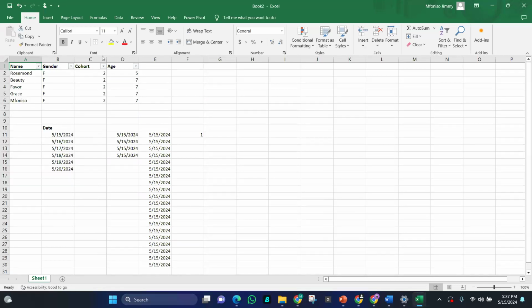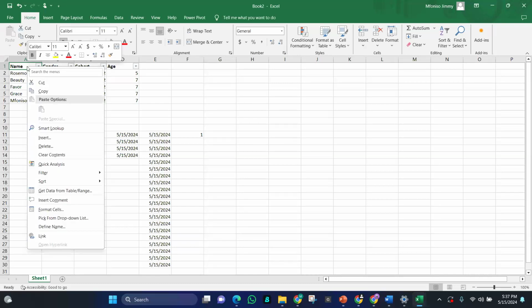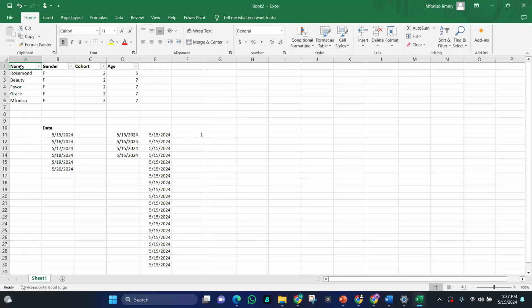I click filter from name, so everything comes out. I just click on my column, the name. Note that before I brought in the filter, it did not have this. So let me clear all this. Before I brought in the filter, you see the filter button I just took out, there was no filter button there at that time. It was just like this.